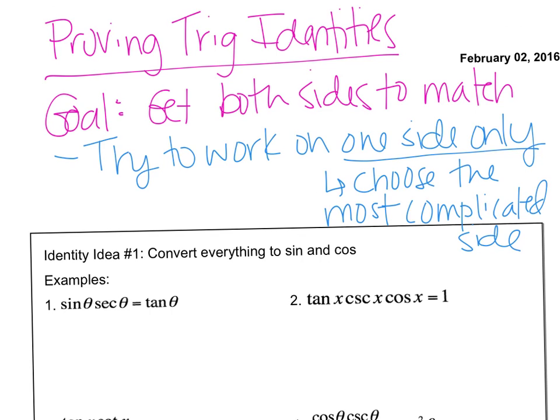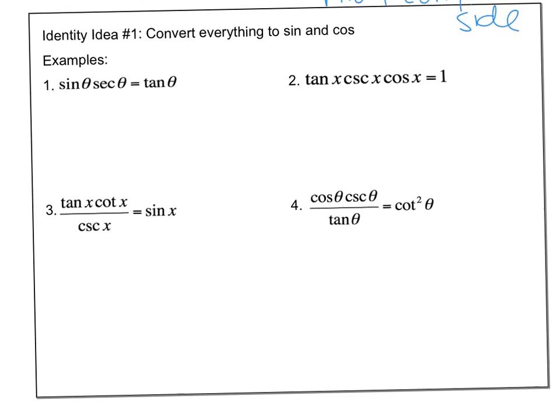Alright, so what we're trying to do is prove trig identities. So you're going to get an equation. Your goal is to get both sides to match. We do this by trying to work only on one side of the equation. Work on one side, try to get it to match the other side. And when you're choosing, you want to choose the most complicated side. So if we look at number 1,